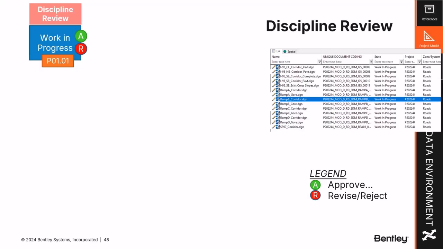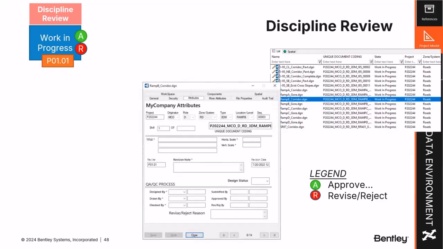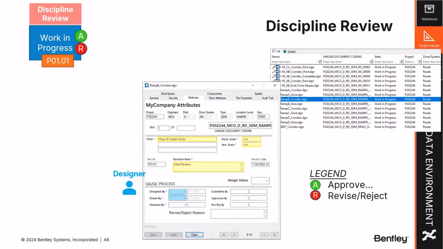Just to show you what the discipline review looks like pretty quickly, the creator creates a document, and then when created, the creator is going to add an appropriate title and a revision note right down here. And then the person finishes the design by selecting their initials in the design by and drawn by drop downs. And at this point, they'll have a peer review by a checker, and the checker will collaborate with them to make any changes. And then once that is done, the checker would fill in their initials, and then the discipline lead would approve the work